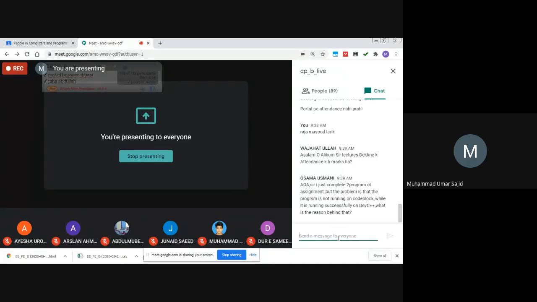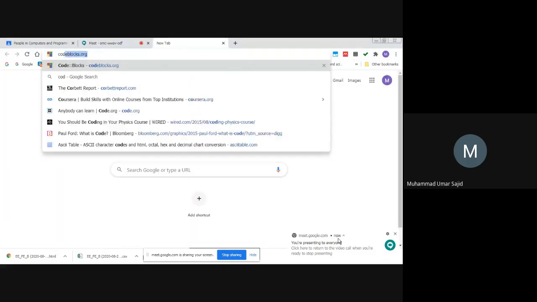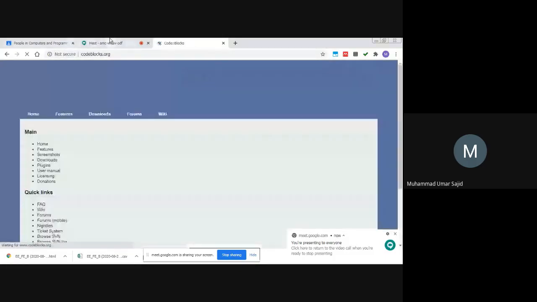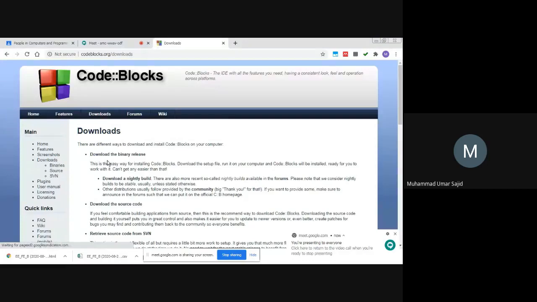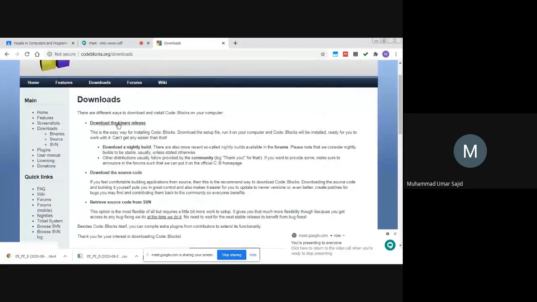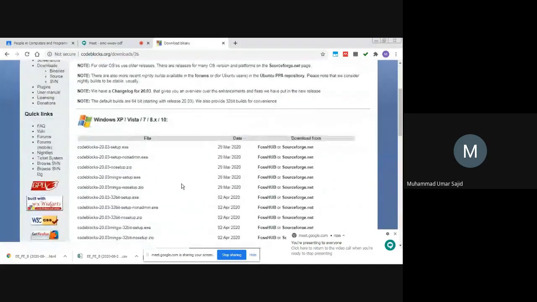सर, कंप्लीट टू प्रोग्राम, द प्रॉब्लम इज दैट द प्रोग्राम इज नॉट रनिंग इन कोड ब्लॉक्स, व्हाइल रनिंग सक्सेसफुली है। कोड ब्लॉक्स में कंपाइलर कौन सा लगाया, पहली बात। दूसरा ये कि मैंने कहा था कोड ब्लॉक्स पे तुम जाओगे तो मैंने बताया था कि कौन सा आपको डाउनलोड करना है, जिसके अंदर बिल्ट इन कंपाइलर है। डाउनलोड द बाइनरी रिलीज पे जाओगे और यहाँ पे